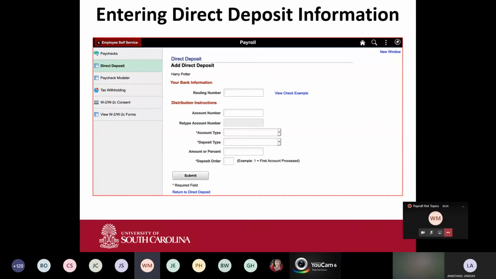You have the ability here to set up or change direct deposit however you want it to flow, whether to checking and savings, or you can set up 3 accounts. Currently, as a university employee, you can have your payroll going to 3 separate bank accounts. It doesn't have to be all at the same bank. They can be at different banks.